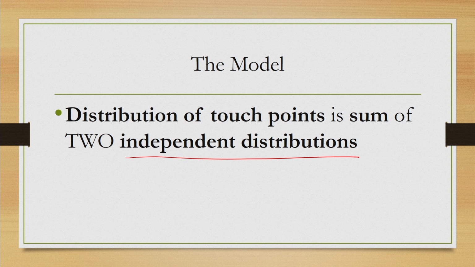So, this distribution of hits represents the touch points within the target area or outside the target area. Outside the target area, of course, indicates the miss points, and when the touch points are within the target area, they represent the points when we hit the target. Together they represent a distribution of touch points. In the model proposed by Bai et al., it is assumed that this distribution is actually a composition of two independent distributions. So, what are these two independent distributions?